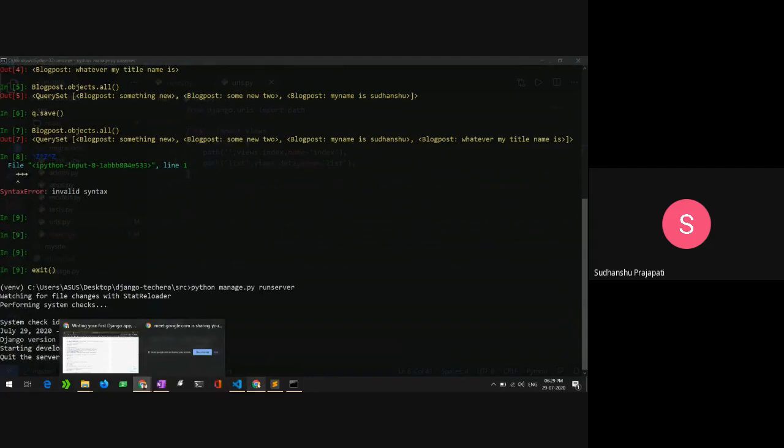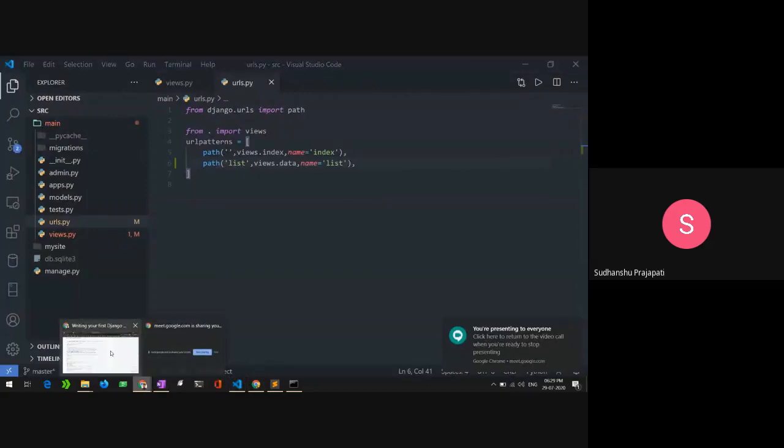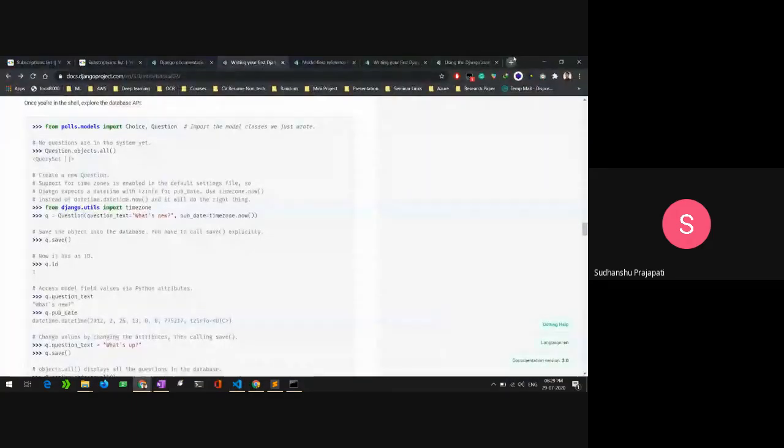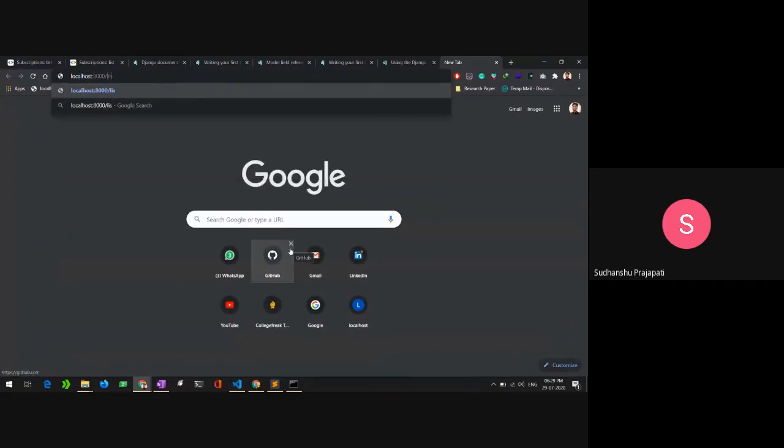The URL name we gave is list. Let's see whether we are able to see what we are trying to do. So slash list, and here we are. It is returning us all the content from the database as an HTTP response.